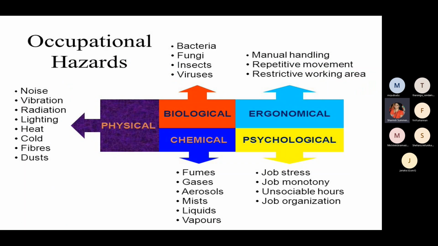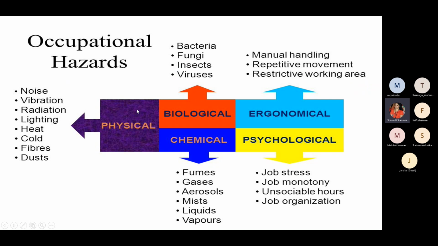The term occupational hazard could be applicable to any kind of workplace as well: a hospital setup, other social workers, or other workplaces besides health and social care. Occupational hazards are the hazards that we can encounter in any kind of occupation. There are five types of occupational hazards: physical, biological, chemical, ergonomical, and psychological hazards.